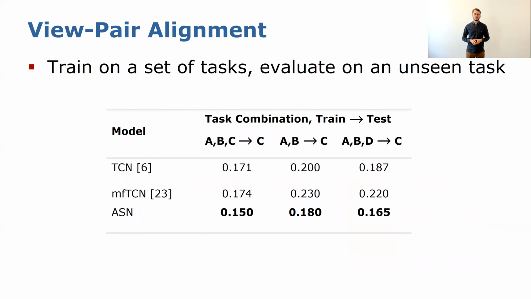We measure the performance of our models based on the alignment loss of view pairs, following time-contrastive networks. We take advantage of the fact that frames in both videos are synchronized with each other to get alignment labels for free. So basically, we try to sequentially align 2 view pairs by finding the nearest neighbor in the embedding space, normalizing the distances by the demonstration length. However, instead of evaluating the alignment loss on the same task as the embedding was trained on, we measure how well view pairs of novel, unseen tasks are aligned. We found that our model yields better results than TCN and multi-frame TCN on this challenging evaluation.